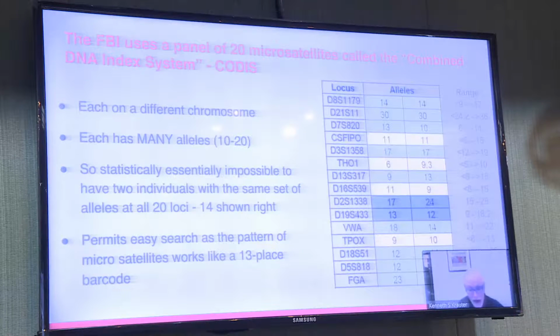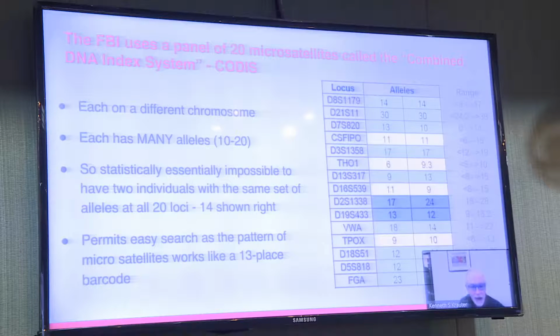Okay, so based on that, in the U.S., the Federal Bureau of Investigation, or the FBI, you've probably all heard of the FBI anyway, is a federal organization that solves crimes in America. And the FBI,